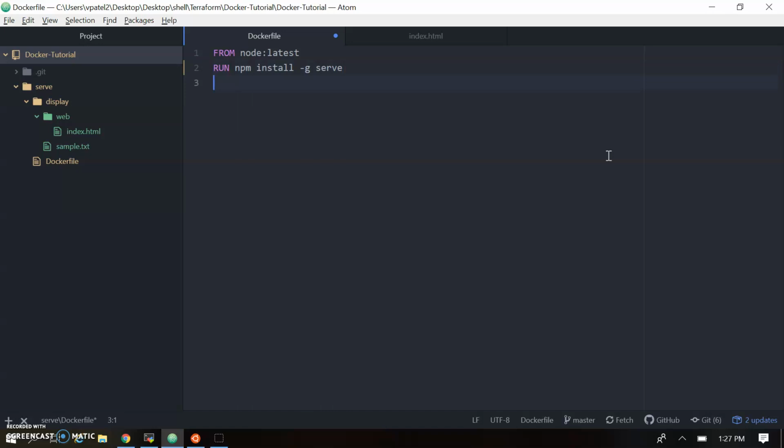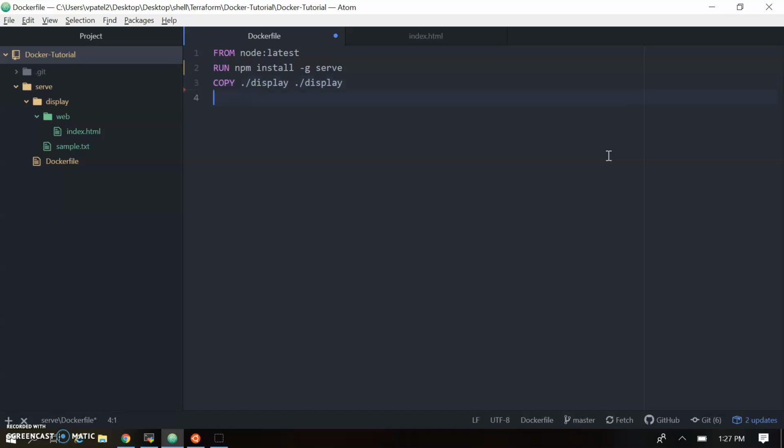Then, post installation, we will copy our directory structure which we have created. So here we are going to copy /display. This is our current location, and we use the same location to copy. If the path is not present, it will be created with the same path.